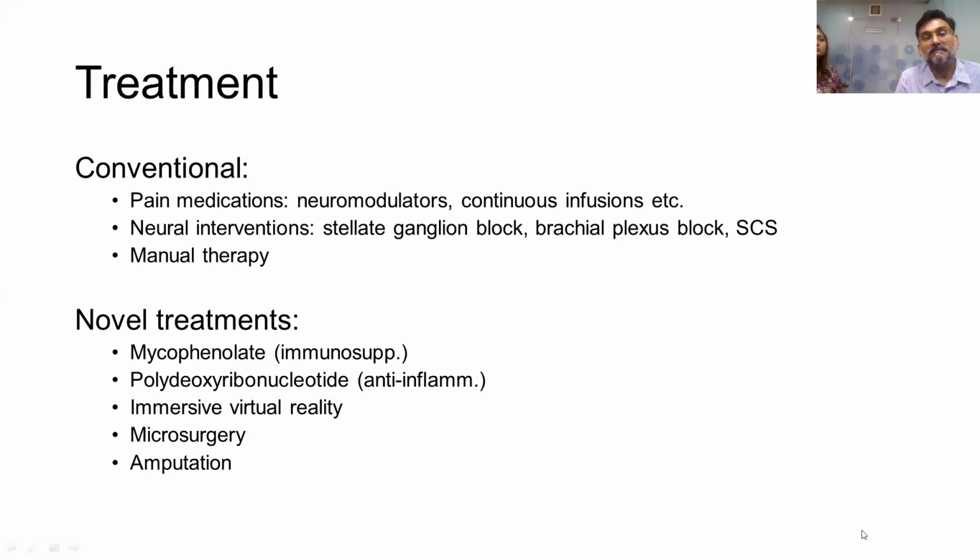Conventionally, the treatment of CRPS includes pain medications like neuromodulators, continuous infusions like ketamine, etc., neural interventions like stellate ganglion block, brachial plexus block, spinal cord stimulation, and manual therapy, which is said to be quite helpful in CRPS. There are some novel treatments like mycophenolate, which is an immunosuppressant,